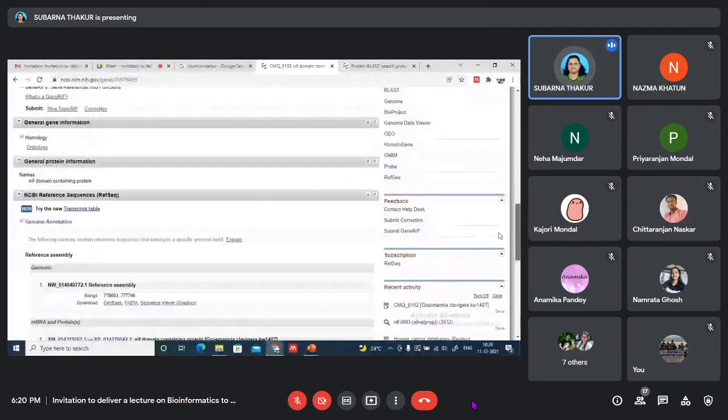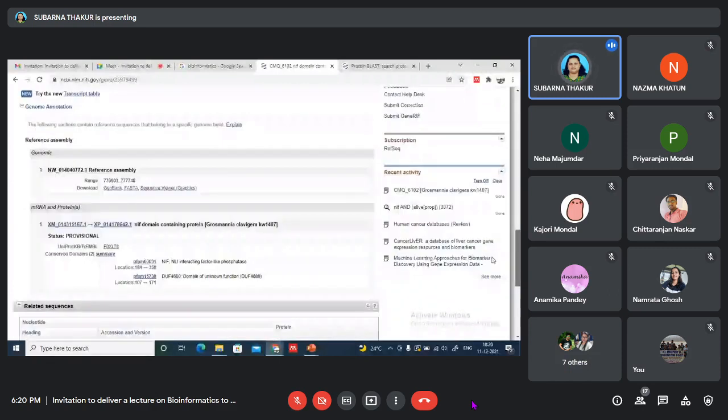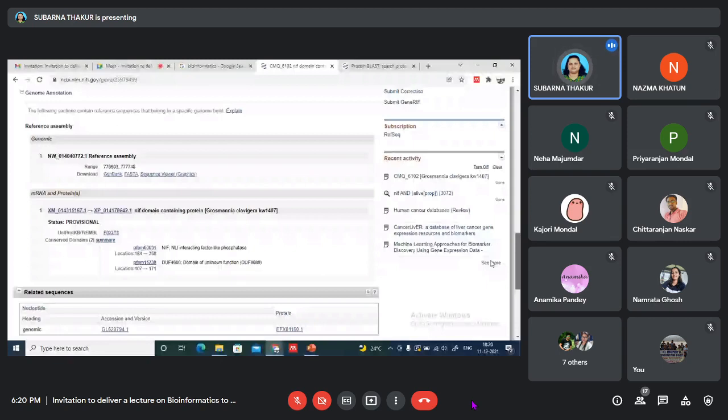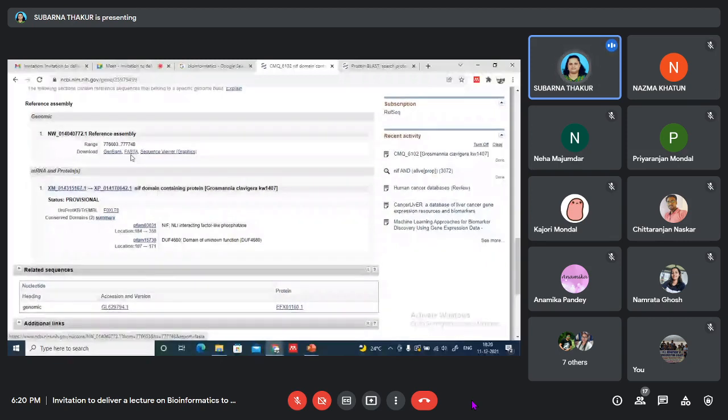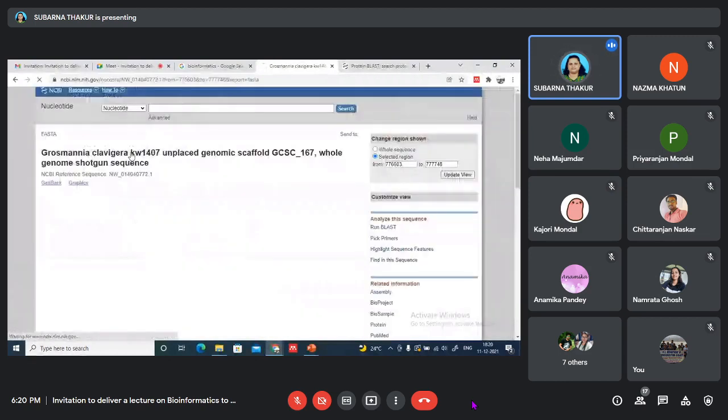But if you want to retrieve the sequence in FASTA format, I'll go down and I'll have these two options over here. You can see one is the FASTA, one is the GenBank. If I want to retrieve the genomic information of this particular gene, I can retrieve the information in FASTA format. So if I click onto that,